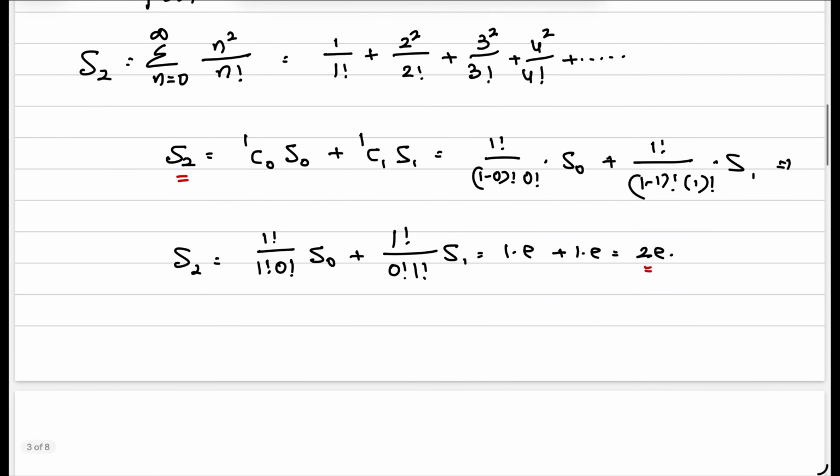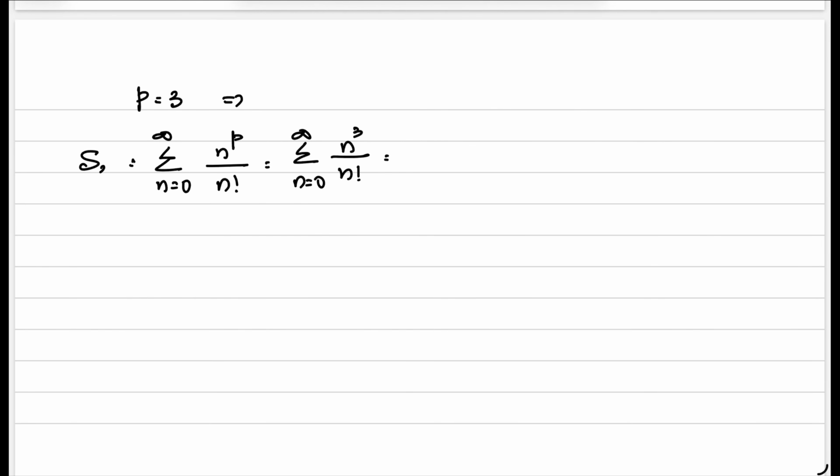Then, if p is equal to 3, sigma n is equal to 0 to infinity n to the power of p by factorial n is equal to sigma n is equal to 0 to infinity n cube by factorial n. That is equal to, let us say it is S3. This can be written as